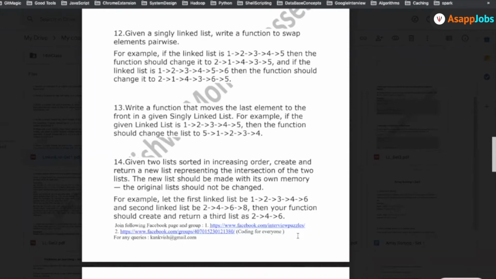पहला 1 और 2 दोनों कॉमन नहीं है तो I don't do anything but 1 is smaller than 2 तो 1 पहले वाले में मैं आगे बढ़ गया ठीक है. अब पहले वाले में आगे बढ़ा तो 2 आया और 2 दोनों कॉमन है तो 2 को निकाल दिया मैंने और नए लिस्ट में डाल दिया. फिर दोनों में मैं आगे पढ़ूंगा तो पहले में 3 दूसरे में 4. Now 3 छोटा है 4 से तो मिल नहीं रहा है तो मैं पहले वाले में आगे बढ़ूंगा.